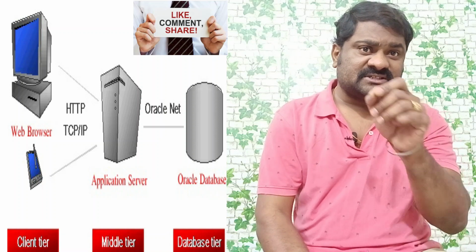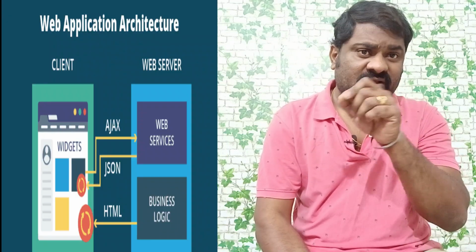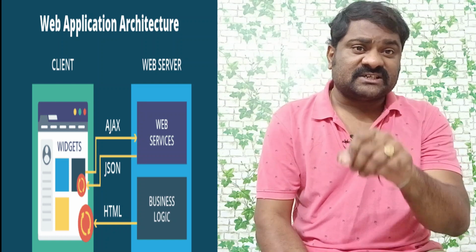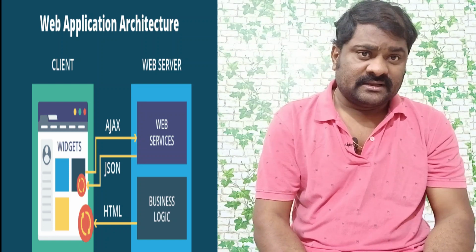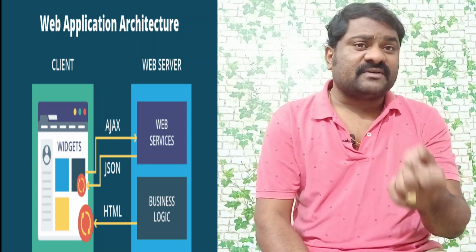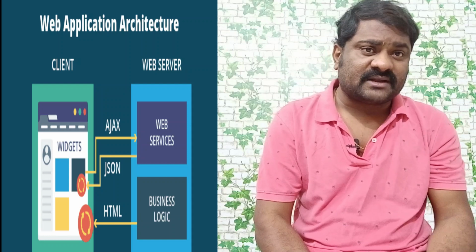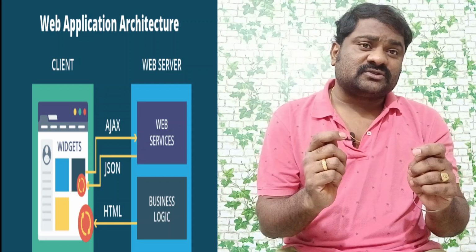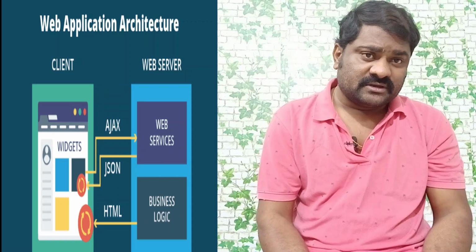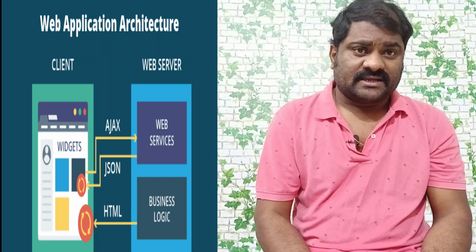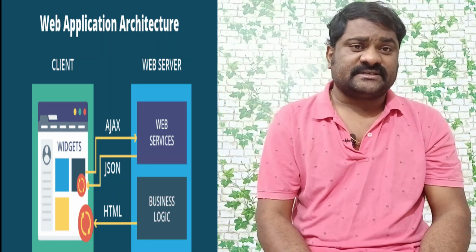The user must install the browser. The user will enter the URL, so the request will go to the server. The server will search for the requested file and send the output to the browser. Generally, the server will send the output in different ways, sometimes .html, sometimes data. If the server wants to send data as output, it will send the data in the form of XML or JSON. Text format also it can send.